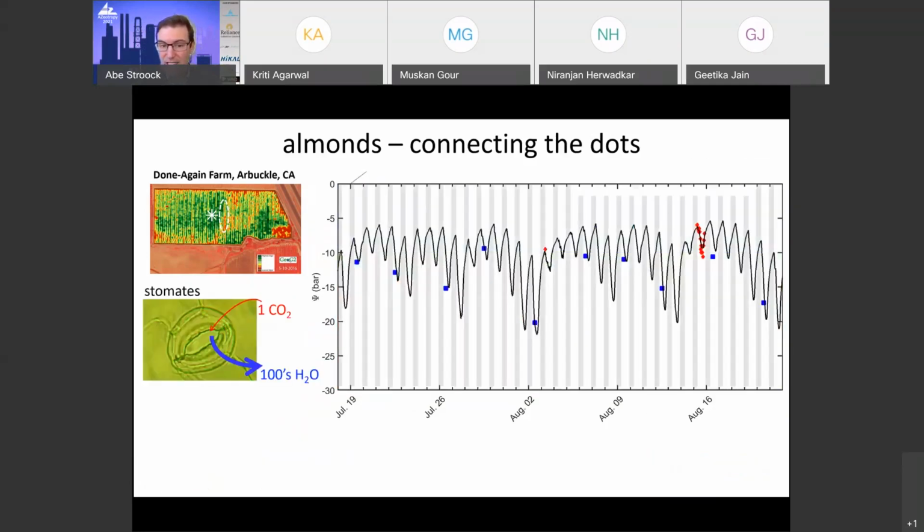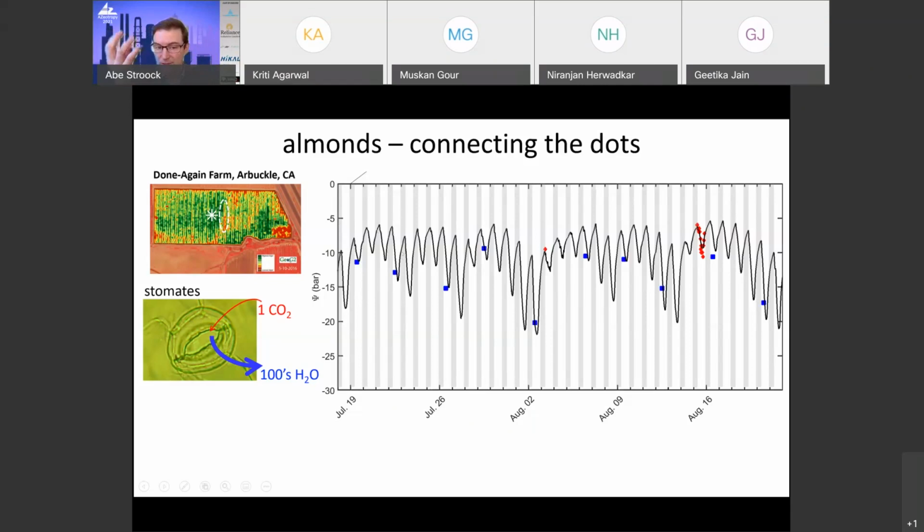But more interestingly, it starts to show the full life, the pulse of a plant. And what we see here day and night is the dynamics associated with the internal plant control. This is the little valve in the leaf of a plant, of which there are millions, that is opening to allow CO2 to come in. But for each CO2 that comes in, hundreds of waters go out. And so here in the light bands, each day water is being lost and the system is being put under stress. And then at night it closes and relaxes back towards a minimum stress, a maximum internal pressure, and again all day long.